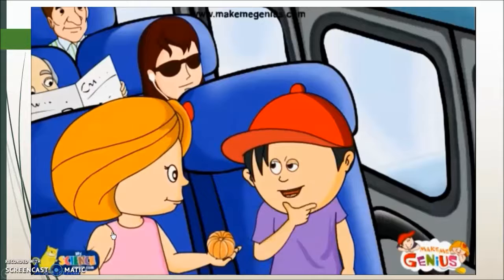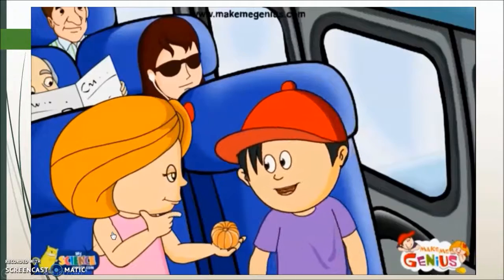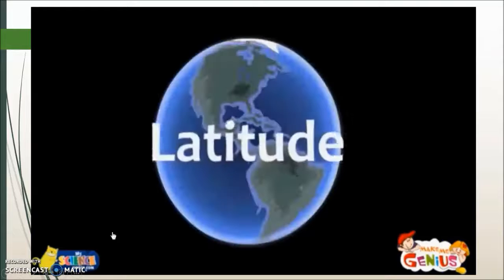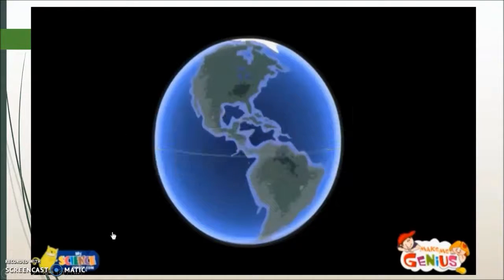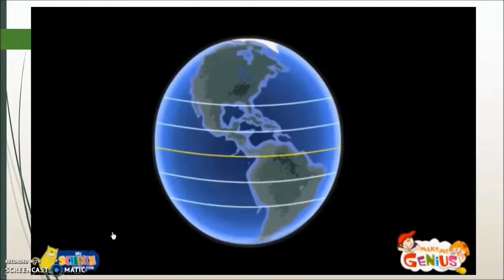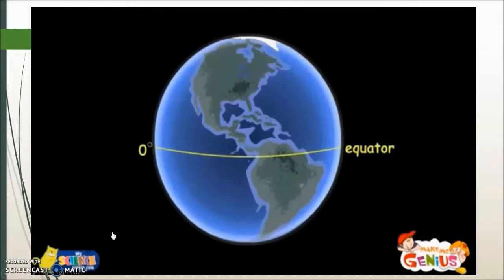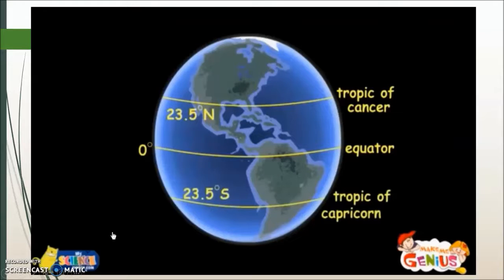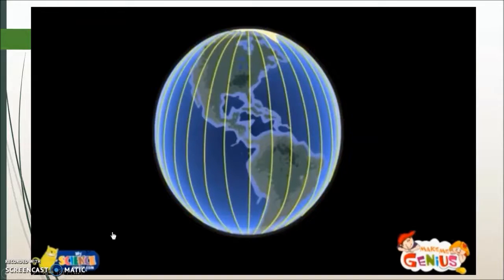I want to know more about the parallels of latitude and meridians of longitude. Okay, at first we will talk about latitudes. Lines of latitude, also known as parallels, circle the Earth. The equator lies at 0 degrees, halfway between the North and South Pole. There are several other significant lines of latitude. The Tropic of Cancer and Arctic Circle to the north of the equator, and Tropic of Capricorn and Antarctic Circle to the south of the equator. Now longitudes. Lines that run from north to south on Earth are called meridians of